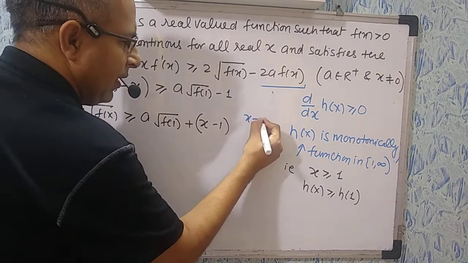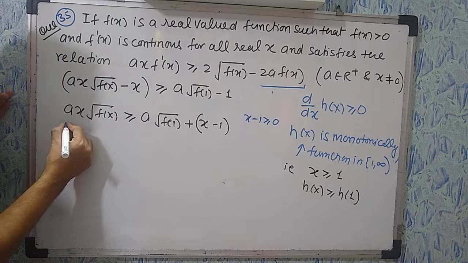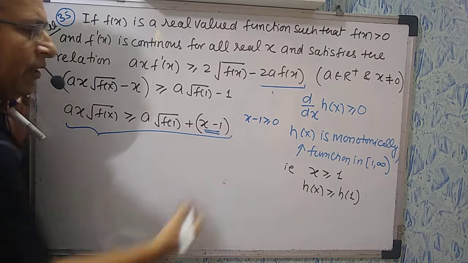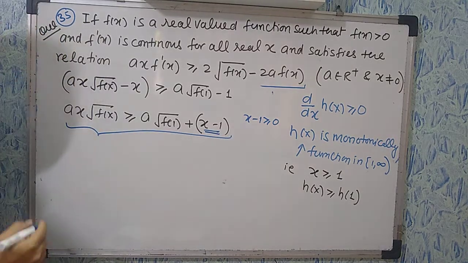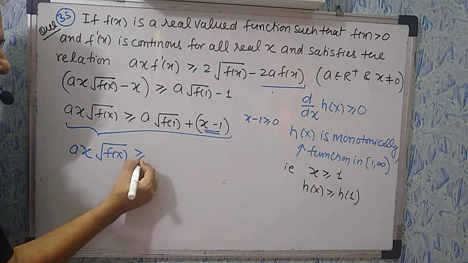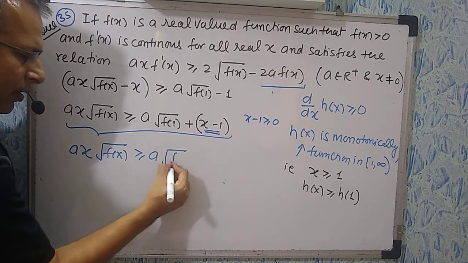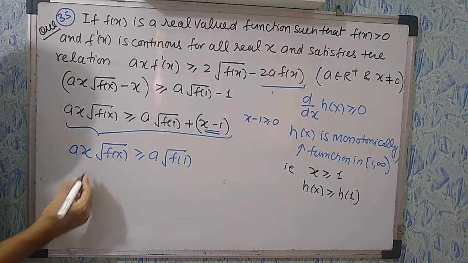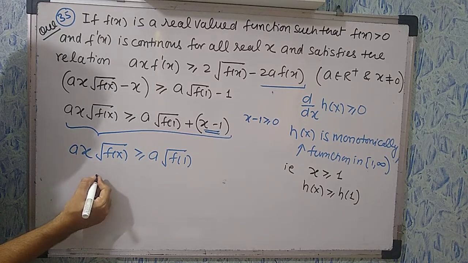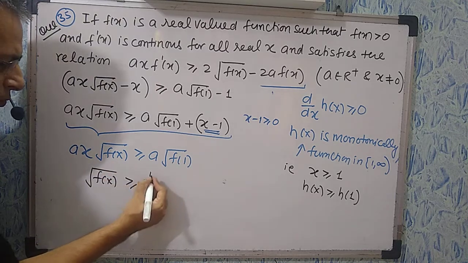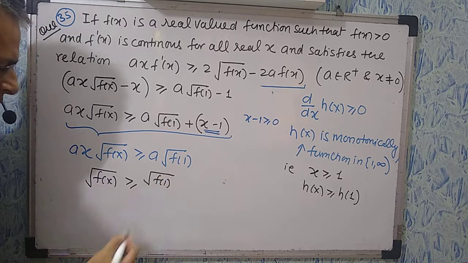So we know that x − 1 ≥ 0. So this inequality holds for x − 1, and if you put the minimum value of x − 1, so this will also hold. So here we get a x√f(x) ≥ a√f(1), and a is not equal to 0. So a is positive, so we have to divide by a positive quantity. So it becomes x√f(x) ≥ √f(1)